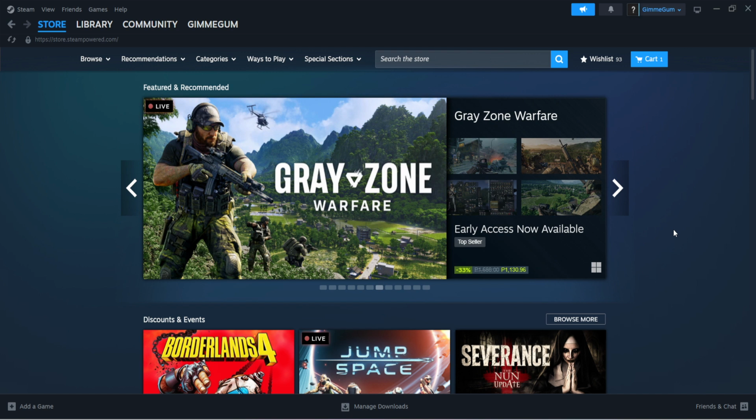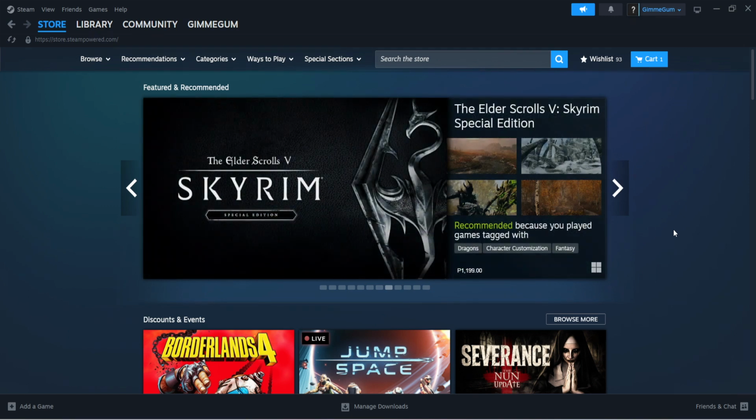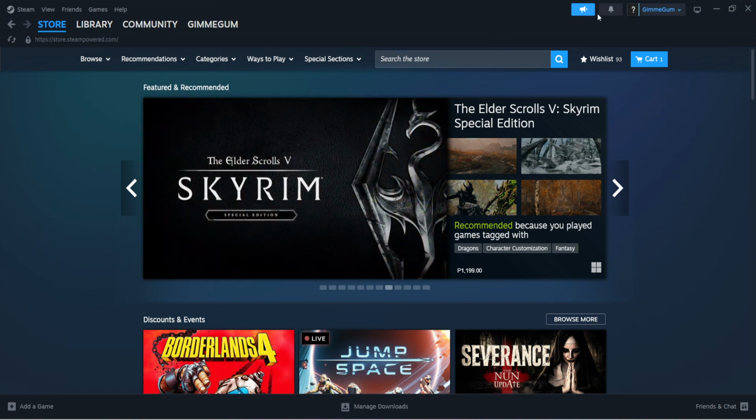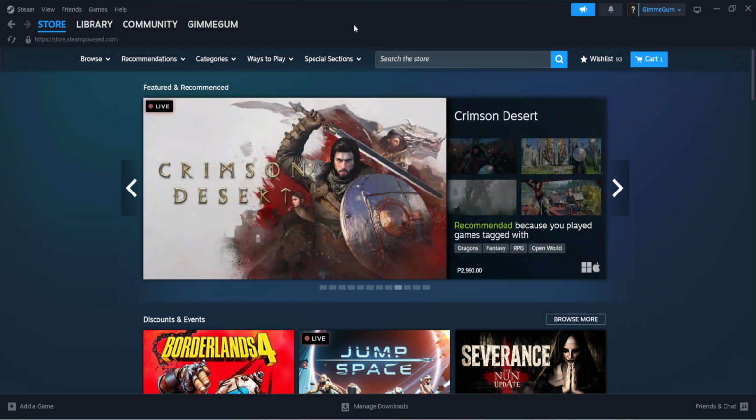Start by opening Steam, either in the desktop app or a web browser, and make sure you're signed in. Look to the top right of the window. You'll see your account name with a small drop-down. Click your account name to open the account menu. This is your quick gateway to all the personal and purchase settings tied to your profile. If you don't see it, maximize the window or ensure you're on the store or community page where the header